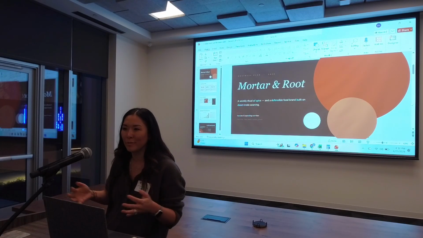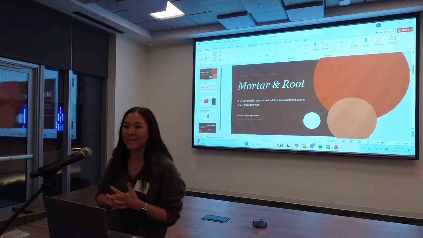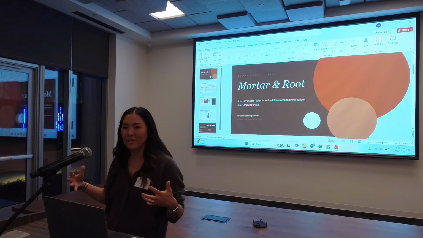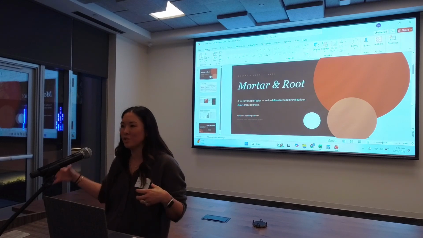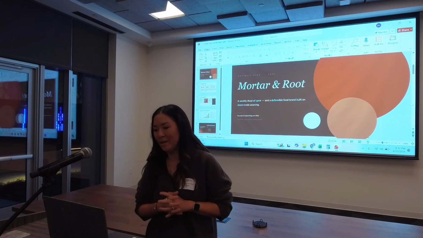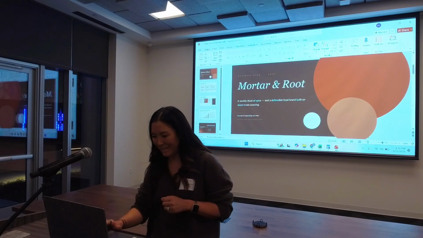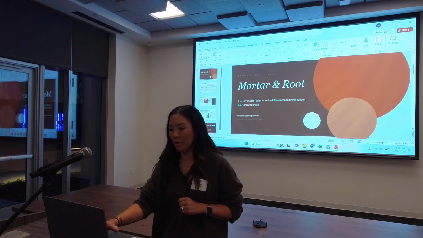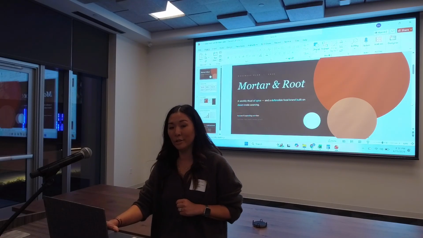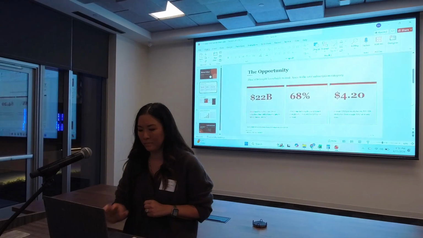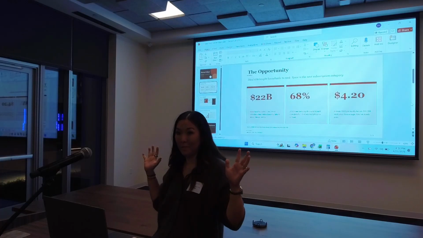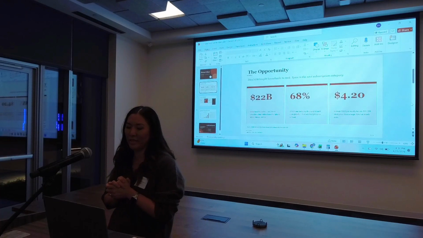How can we make it easier for people to figure out what's good for dinner, create some variety, try new things without forcing a lot of shopping and searching for recipes online? So thus is born Mortar and Root. Thank you, Lovable, for that name, which is a weekly ritual of spices and could turn into a defensible food brand. So this is all from Lovable, but some stats to kick it off: